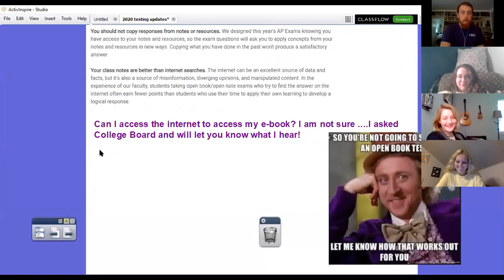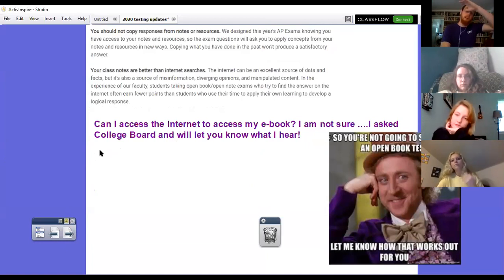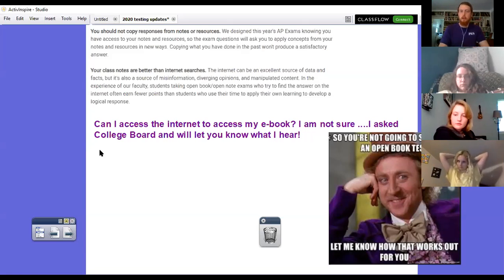Okay. You should not copy responses from notes or resources. Why? Because they're going to be able to tell if the work is yours and is original, right? Plus, they're not going to be asking bottom level questions where you just copy down a definition. They're going to be asking, do you really understand what's going on here? Interpretation kind of questions. You don't want to waste your time Googling. Why is that? Because you can't believe everything that you read on the internet, shock. And also, if you're having to rely on Google, then that means that you may not have prepared well enough